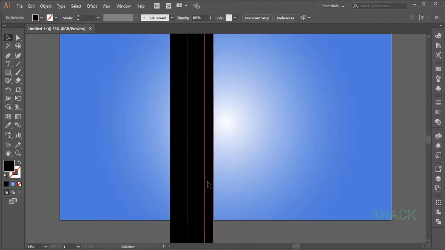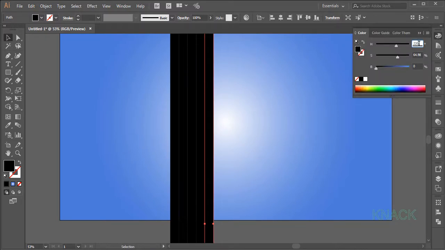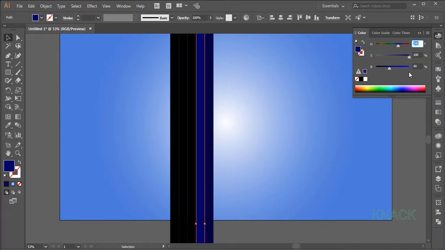Now select this first path and come here to Color panel. Select HSB options and enter 240 for hue, 100 for saturation and 25 for the brightness. Now select second path and come here to Color panel and in HSB options go for same values for hue and saturation and enter 40 for the brightness.